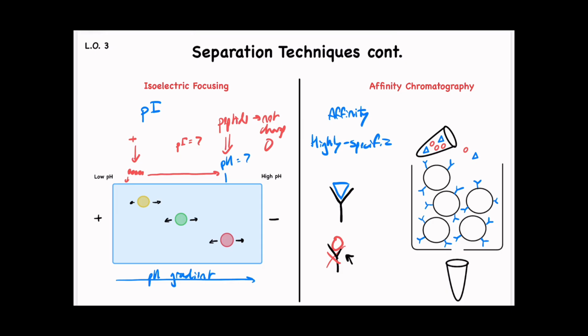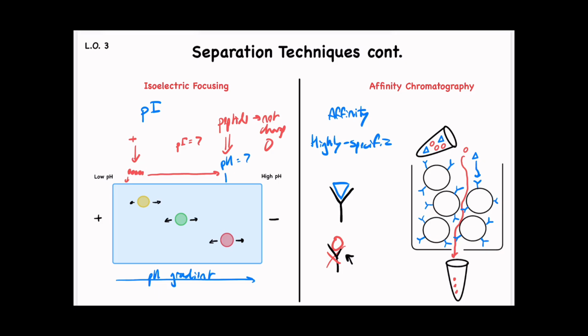You can place, like the other experiments, different beads within an elution column. And attached to the beads, you can add antibodies that are specific for one peptide. And so, when you're eluting a sample with mixed peptides through the solution, every peptide that doesn't bind to the antibodies is simply going to flow through them and end up eluting first. Meanwhile, your protein of interest is going to bind to the antibodies and it's going to get stuck in the